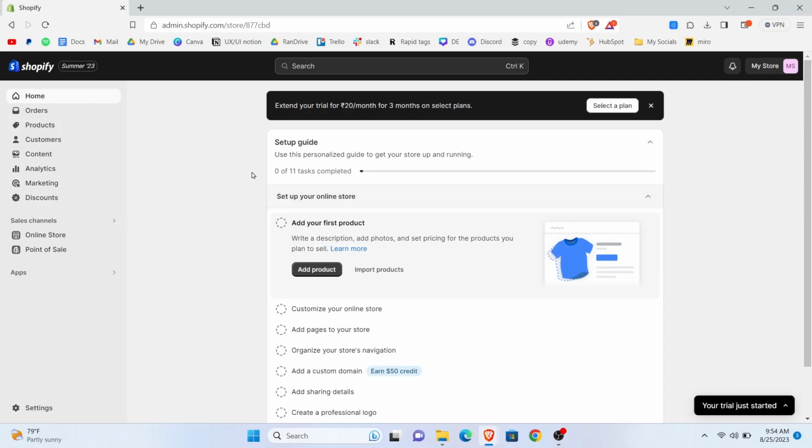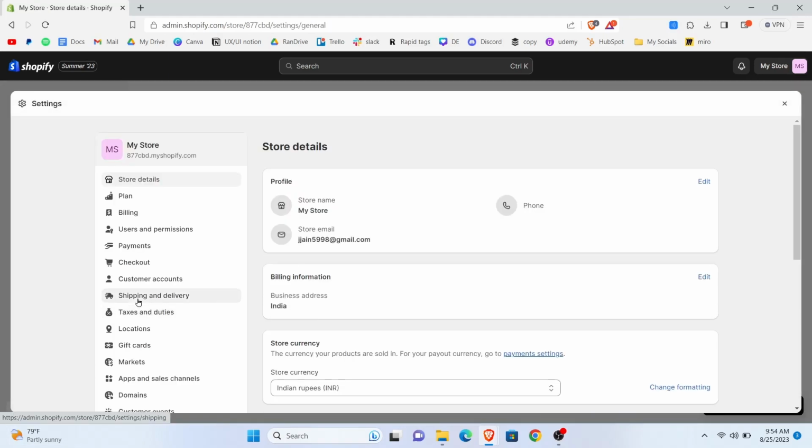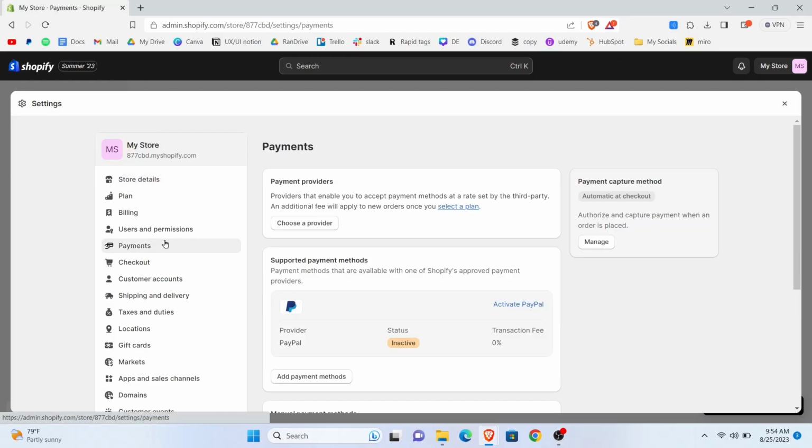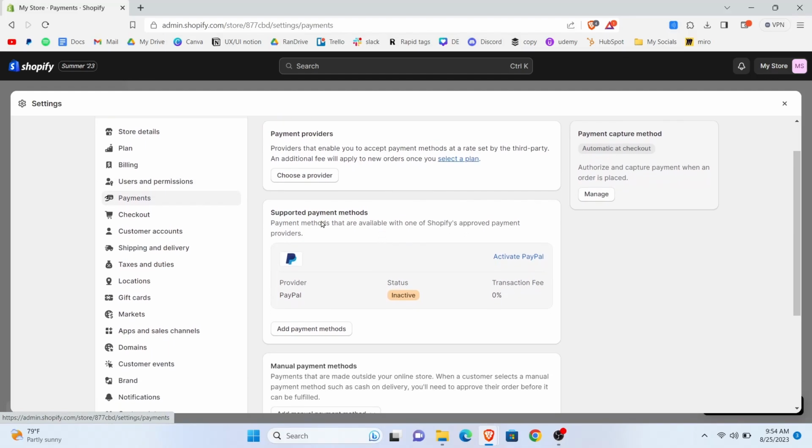First of all, you need to open Shopify in any web browser and make sure that you are logged in to your account. Now tap on Settings from the bottom left corner of your screen, and here you will see your store details. After that, tap on Payments from the left. Now on this page, you will see an option that says supported payment methods, and from there you have to